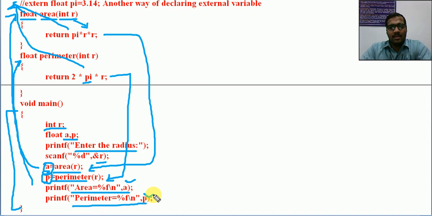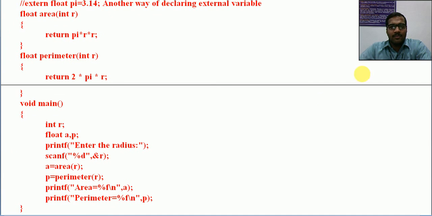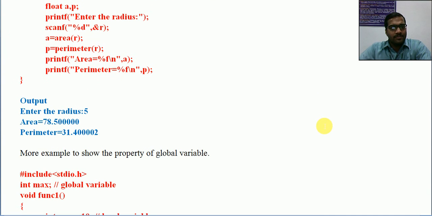Okay, now it is clear. It is just like a global variable which can be accessed in any function. So in my program, if I declare a global variable and I write 10 different functions, in all these 10 functions I can access this global variable. So this is one example. We will see one more example in a different situation of how we can use this external variable or global variable. This is a sample output of the previous one.